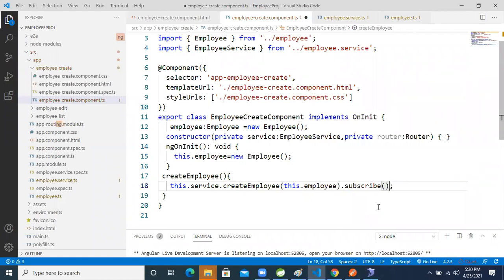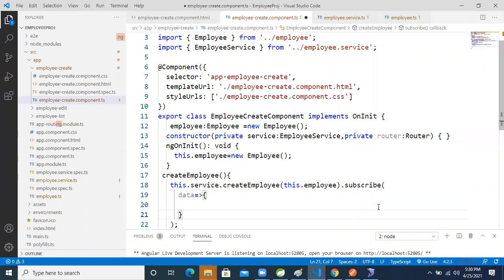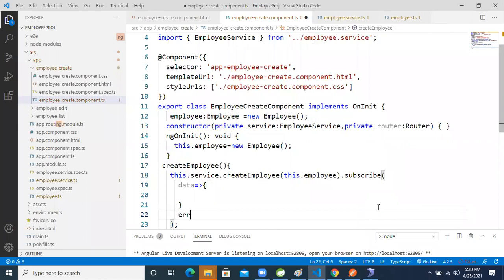Inside that, next, data. If successful, we get the success message, else error.